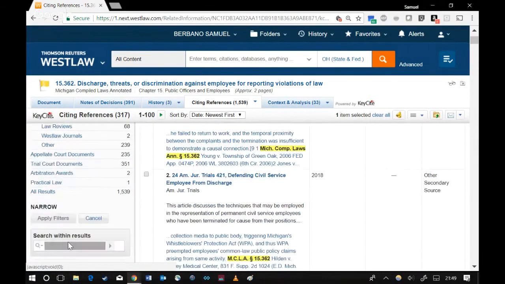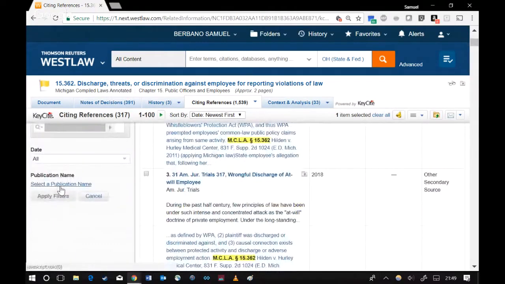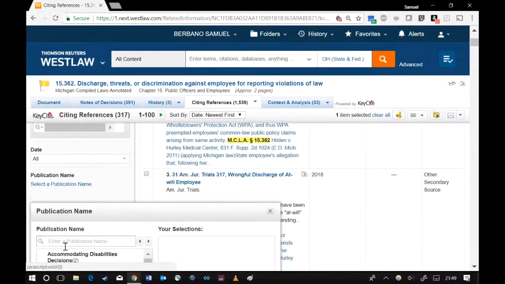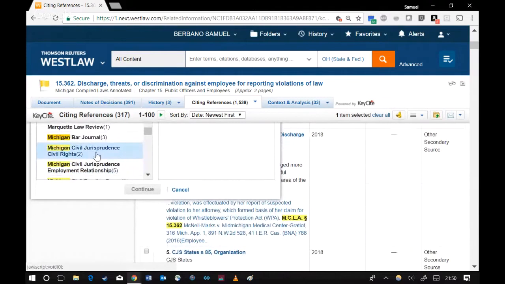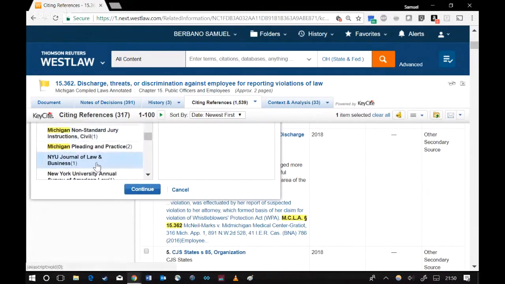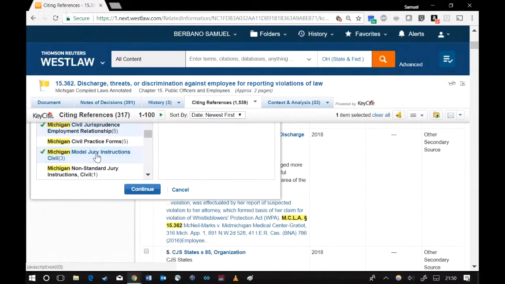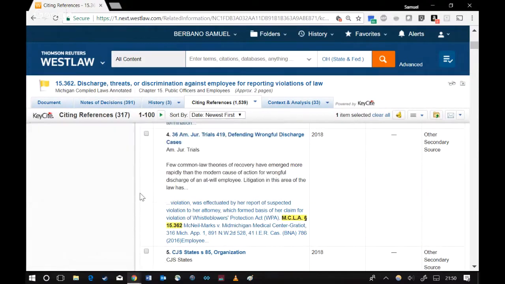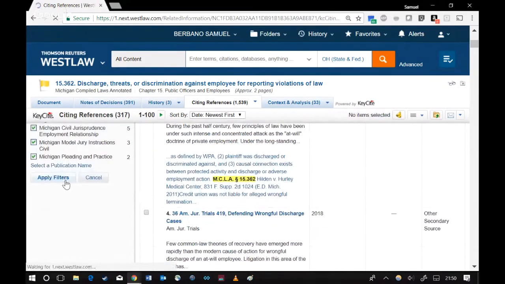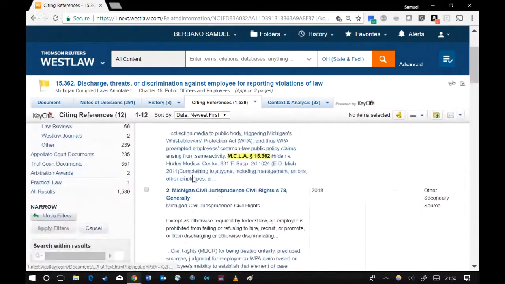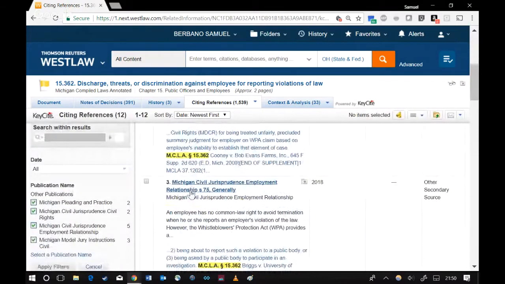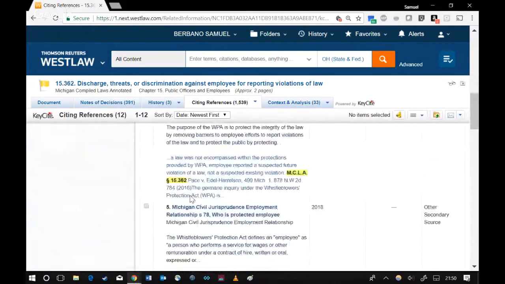There are also others that are more Michigan specific, by selecting a publication name by filtering along the side here and then checking for things like Michigan Civil Jurisprudence or Michigan Jury Instructions or Michigan Pleading and Practice. And then hitting apply filters, you winnow down hundreds of secondary sources into a series of much more specific and much more on point resources.